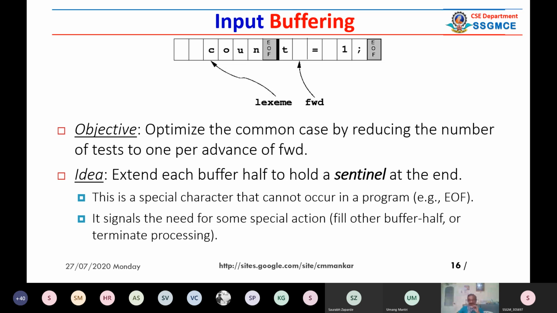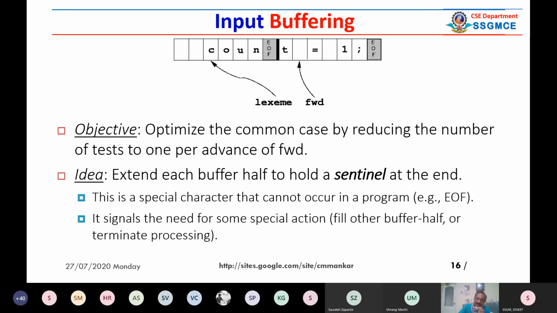So it will read T completely. Then again it will check whether there is something next to T or not. So the forward pointer will be moved one place ahead, and now there is a blank. In this way, the scanner understands that this is the end of the token, that the complete token is COUNT.